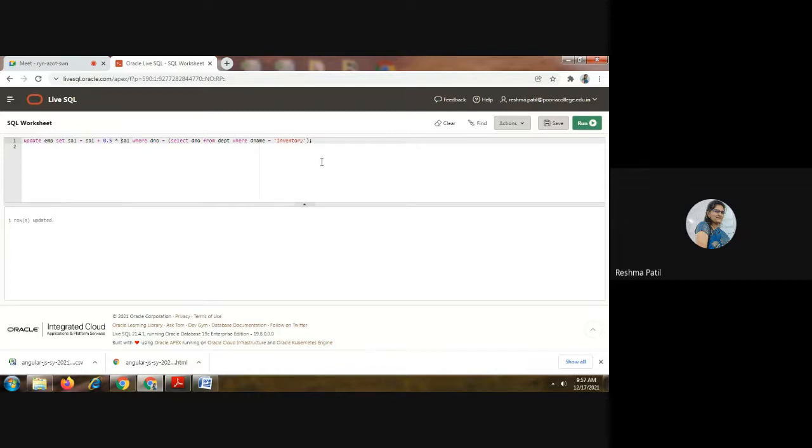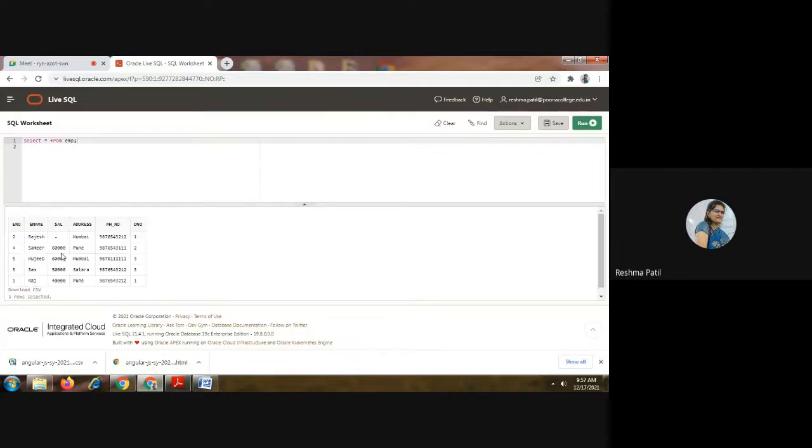One row is updated. Now check the employee table. Previously, that second department employee had salary 40,000. Where is that? Here. Salary is changed now. It becomes 60,000. So we can fire an update query like this, and that is a nested query. Using the nested query, we have updated the record of the employee.